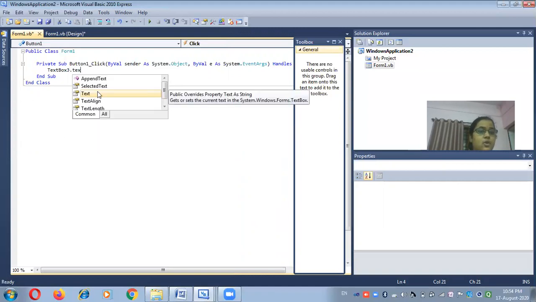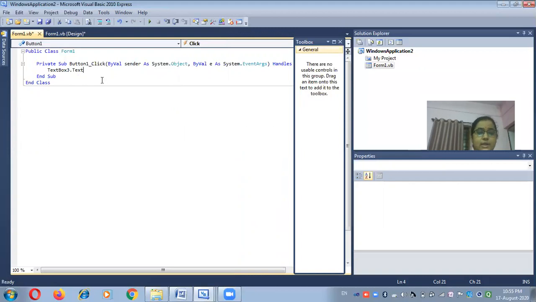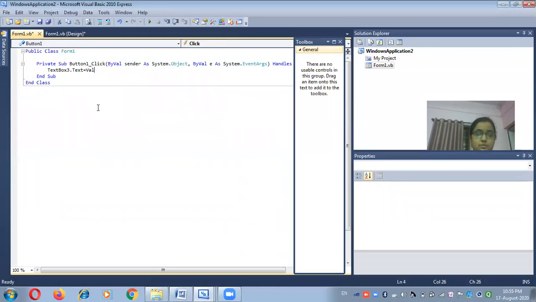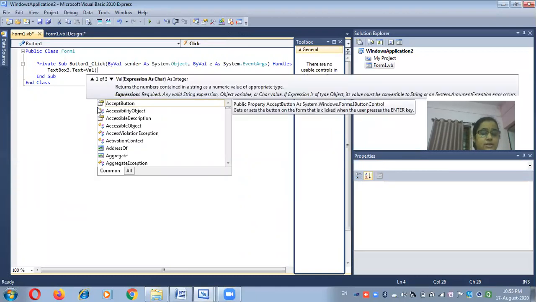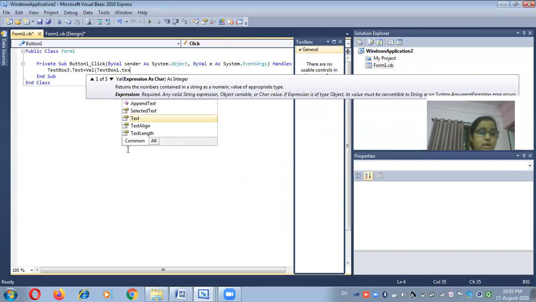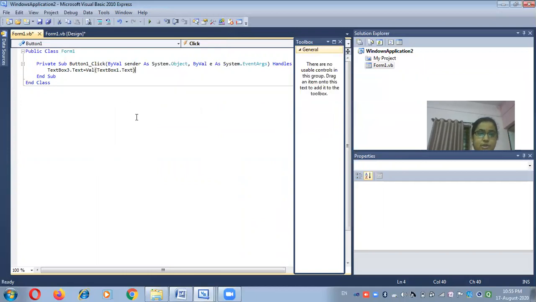TextBox3.Text is equal to the Val function. Why am I using the Val function? Because the Val function returns a value from that text box. So I just store the value of text box 1 plus text box 2 in text box 3. Simple. You just select the properties after pressing the dot button.